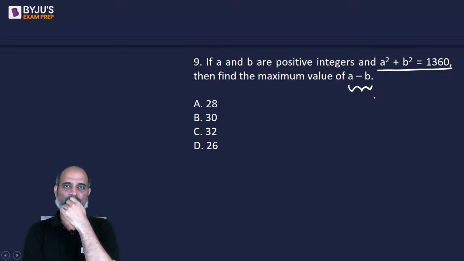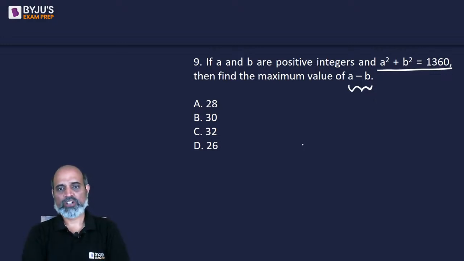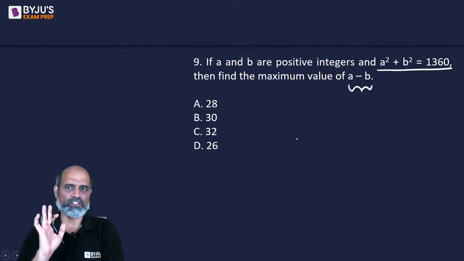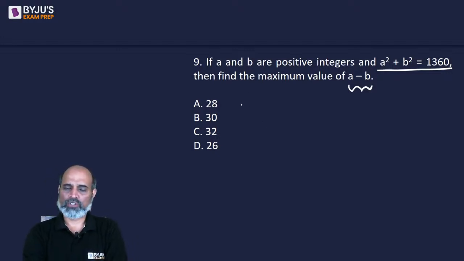We would have to write squares up to 1360, right? So half of that is required. Half of 1360 is 680. So the square root of 680 is about 25. So we have to write squares up to 25 at most, not more than that. So if I take one of them as 1, then I will be left with 1359, which is not a perfect square. If I take 2